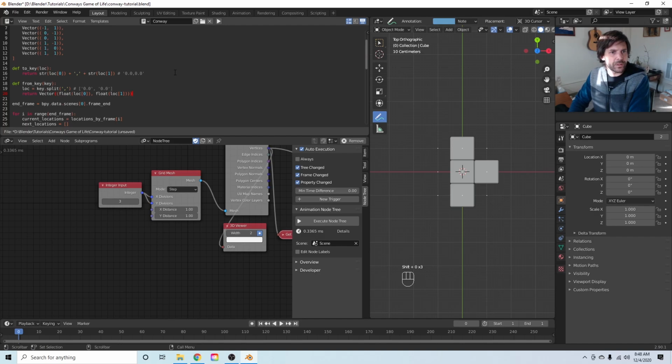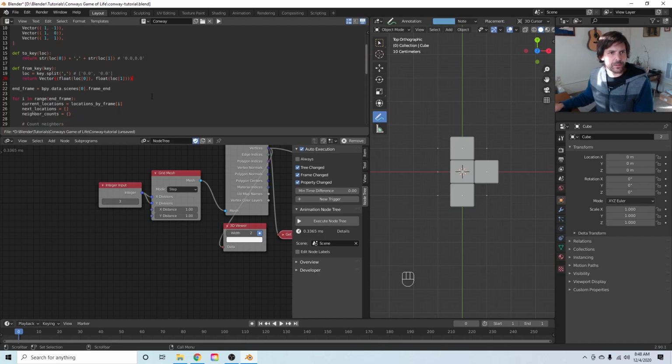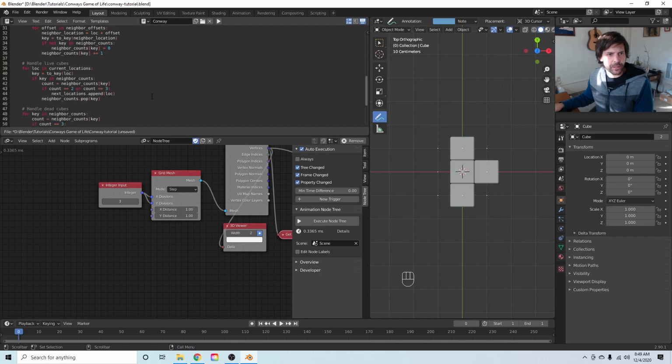And I'm going to close up these. There's 3 parens at the end there, and that should do it for us. That should return a vector with float values instead of strings, and